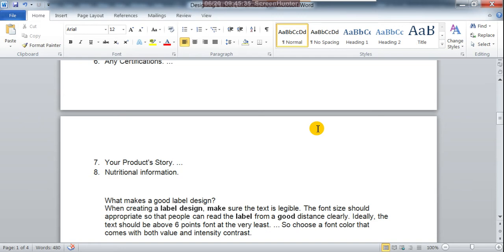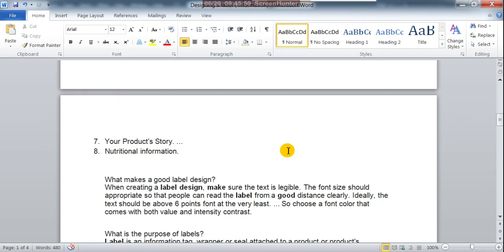Ideally the text should be above 6 point font at the very least. Six point means minimum, not less than that. You cannot see text smaller than 6 point from a distance. So choose a font color that comes with both value and intensity contrast.